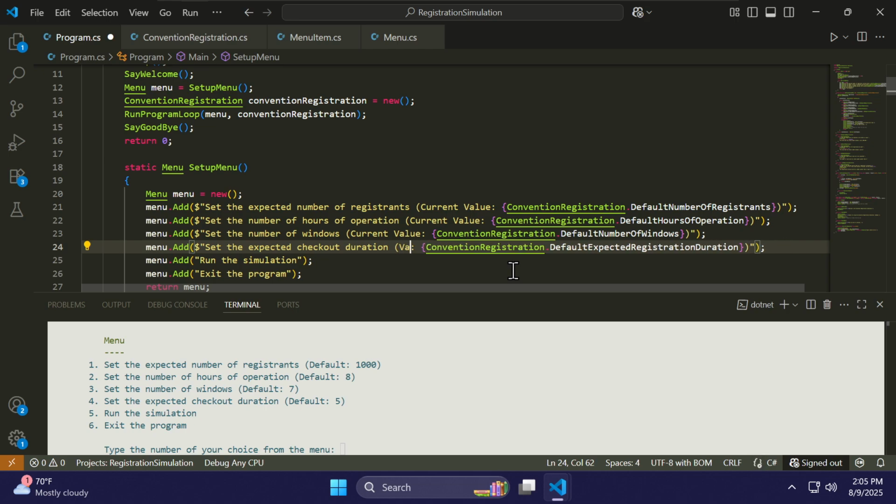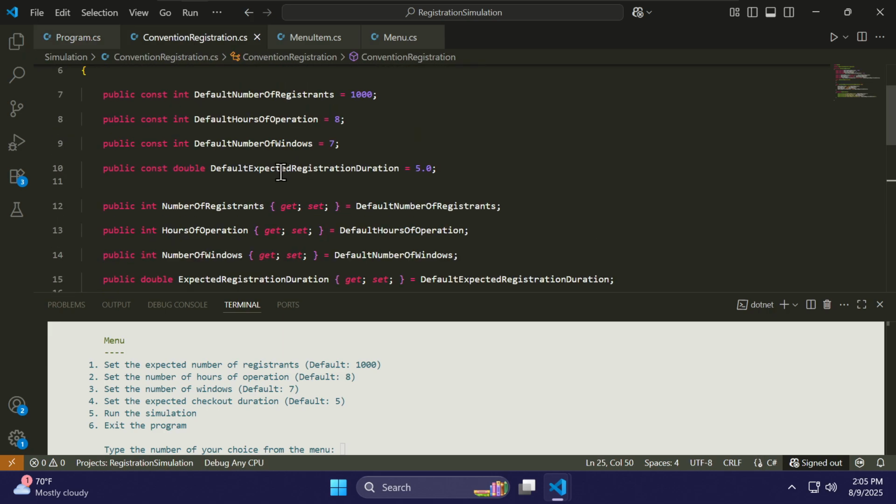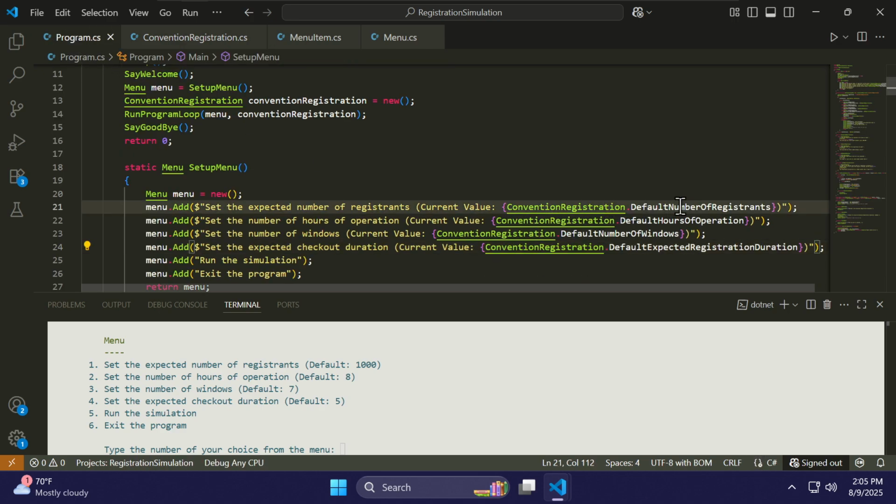I think that would be better than the default. That way you can change it and you know it's changing. I had these defaults. We may not even want them, or we may make them private actually. So let's just do dot